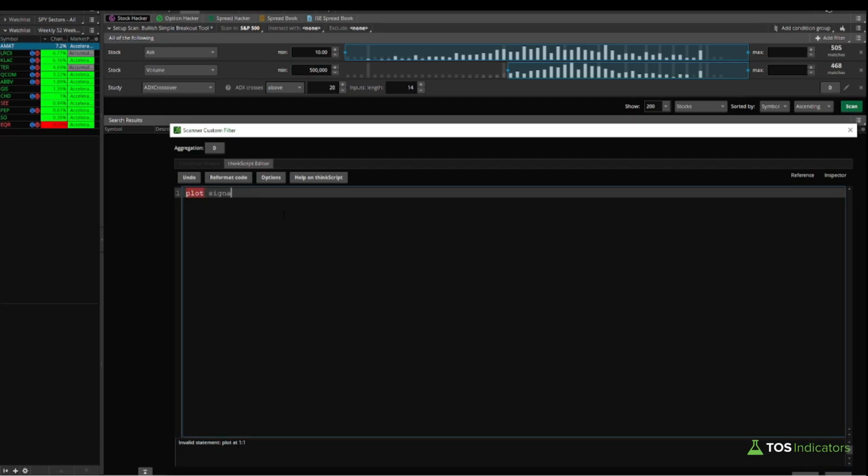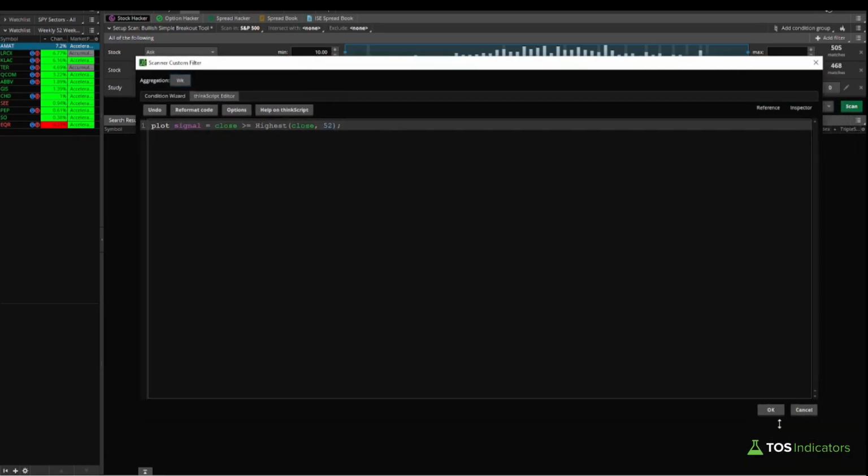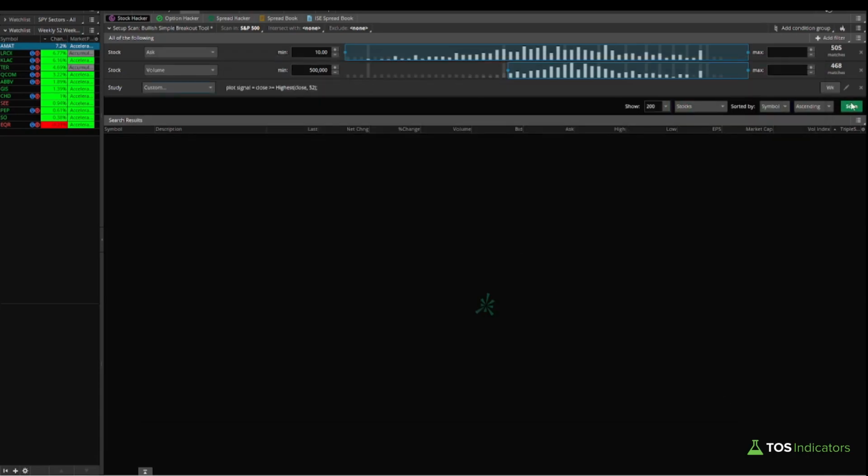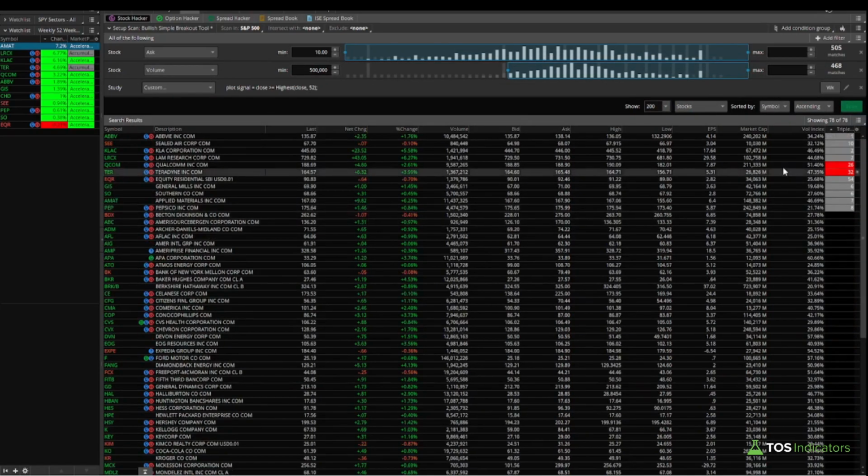We can say plot signal is equal to where our close, or our closing price, is greater than or equal to the highest price of the same close value over the past 52 weeks. And instead of making this a daily aggregation period, I'll change this to a weekly aggregation period. Now, if I click OK and we run this scan, what we find here is we have a list of